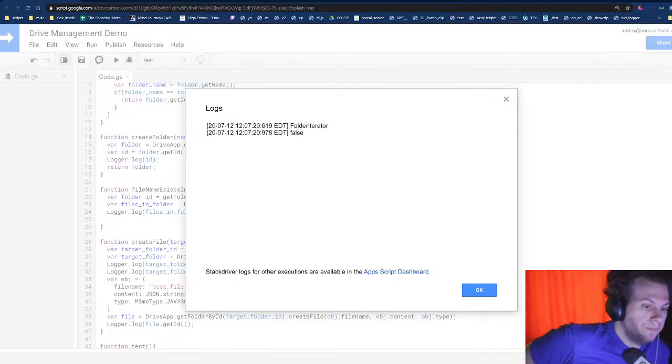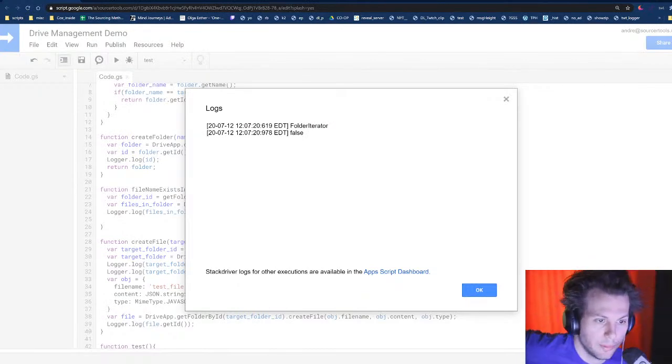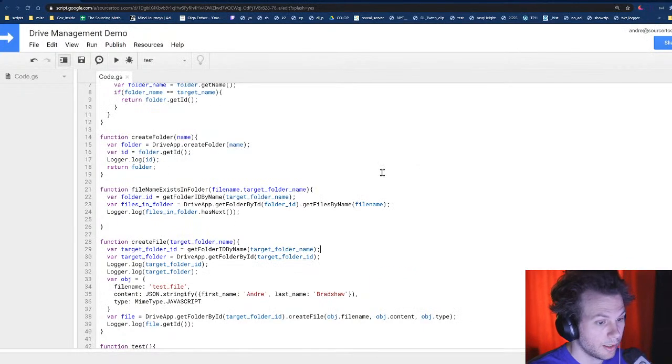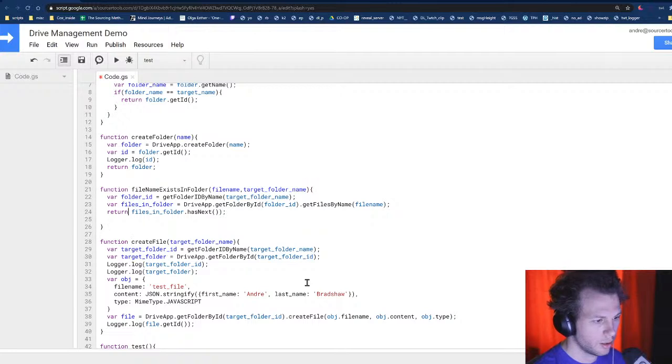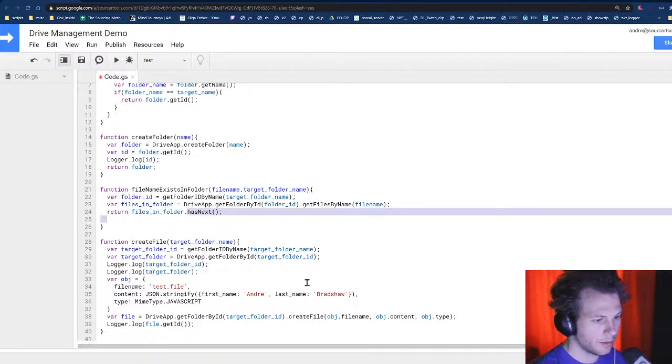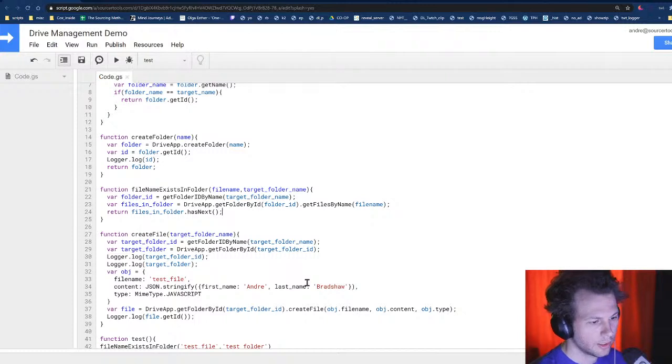Perfect. So this can then be our function to check and see if a file name that we're trying to create already exists in that folder. Because if it does, we don't want to create it with the same file name, because then we won't be able to use getFileByName to target a specific file. We'll have to always iterate over it to make sure it's the file we actually wanted, and that's a drag. So let's return, click save,